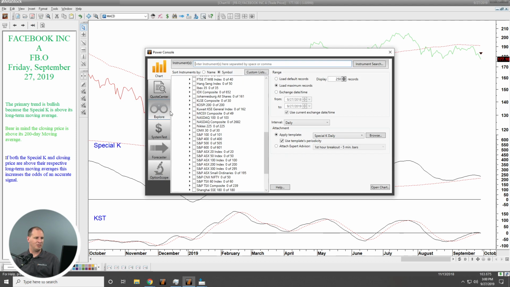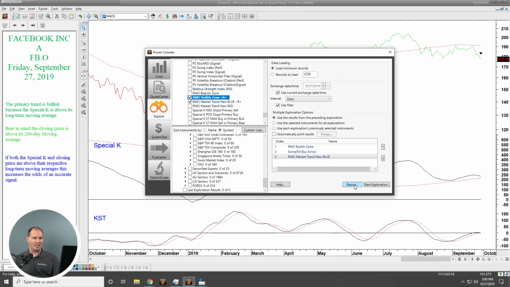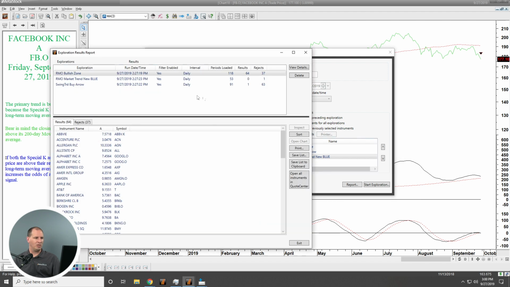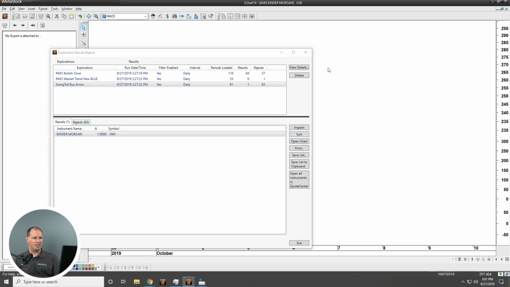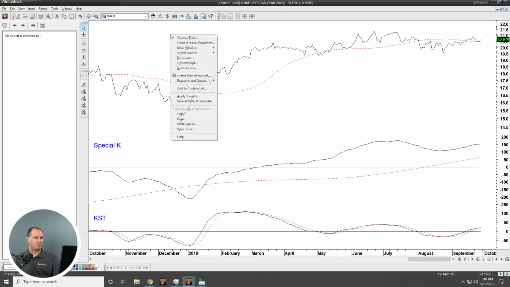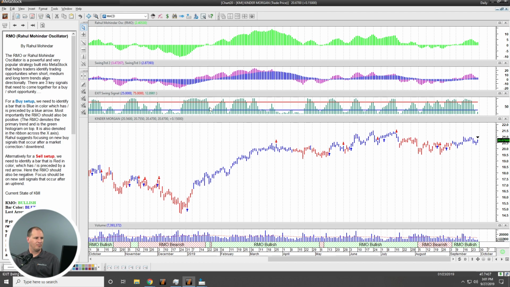So if we go back to the Explorer, remember I can click on Report, View All Reports, and go back to, let's say we wanted to look at Kinder Morgan. We'll just go ahead and open up that chart. And let's put on the RMO. And you'll see now we've got this RMO commentary window that's actually going to tell us what we should be